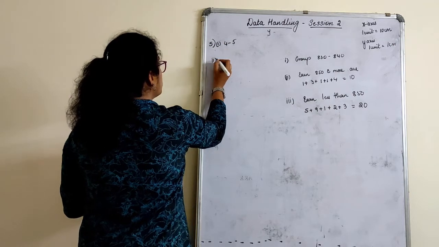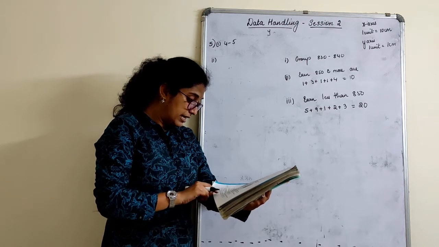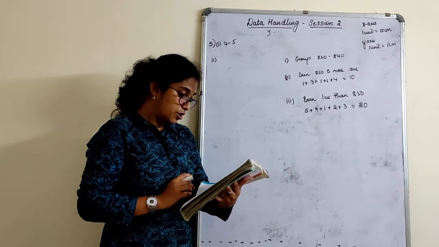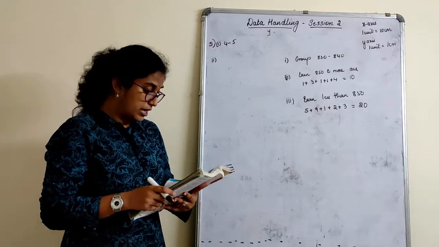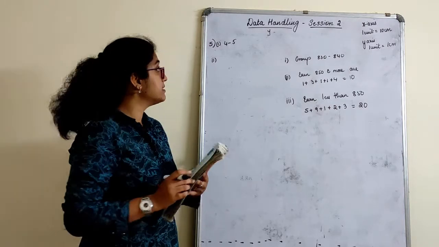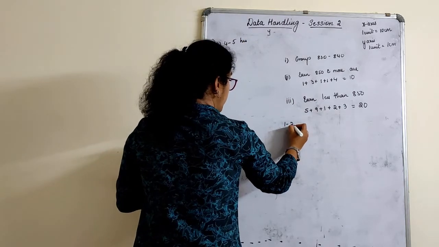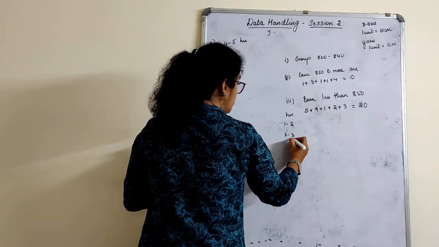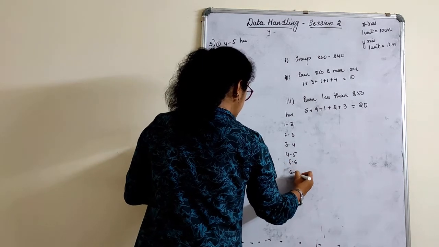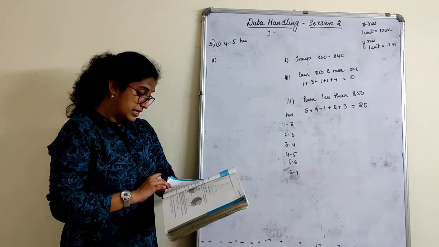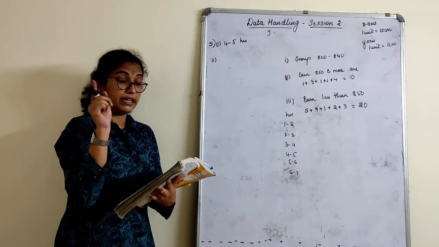With the same answer, what question is written? Just give a conclusion. They have not asked how many. How many students watched TV less than 4 hours? Now see here. These are number of students, children. 4 to 5 is the hours that you have to understand. Now the class interval is given here in this manner. 1 to 2, 2 to 3, 3 to 4, 4 to 5, 5 to 6, 6 to 7. For 4 to 5 hours, the maximum number of students. How many are there? 32, but they have not asked that.